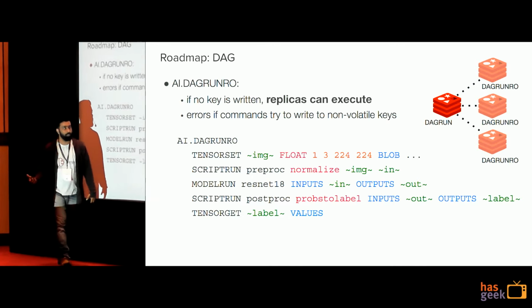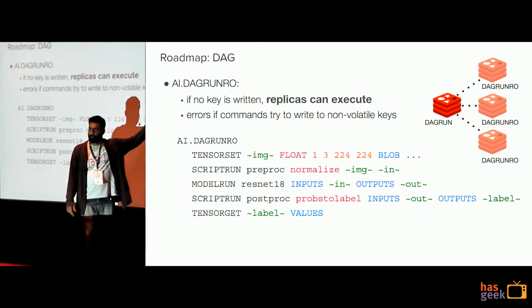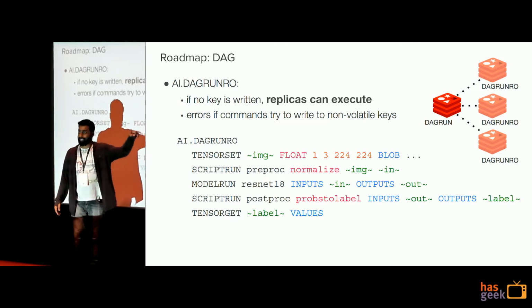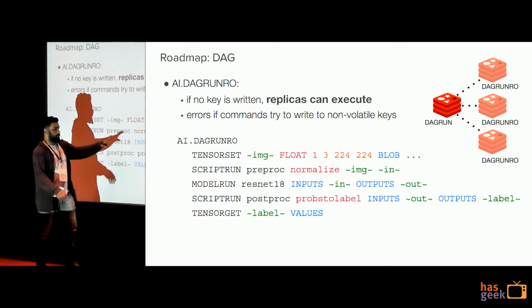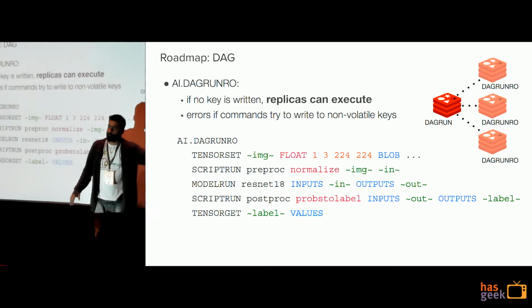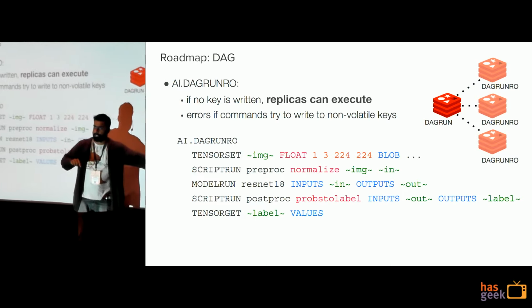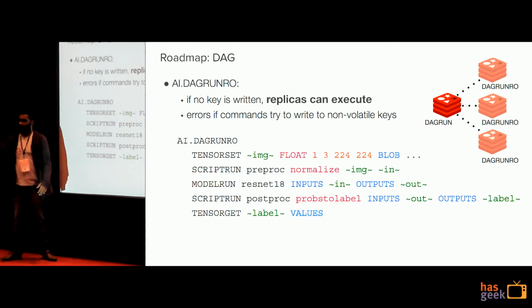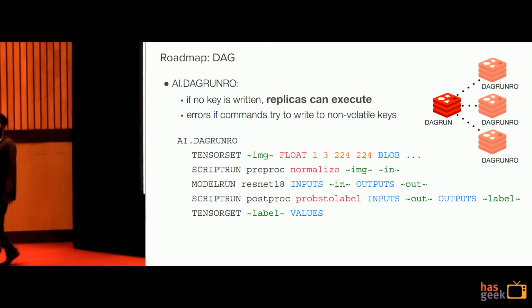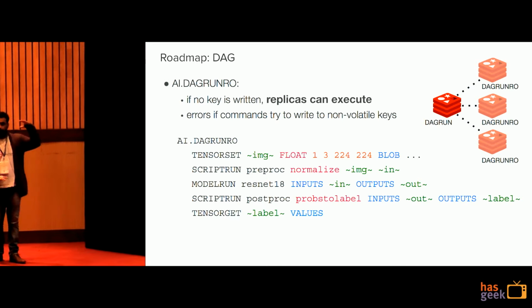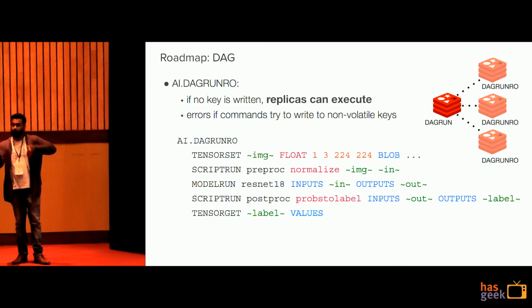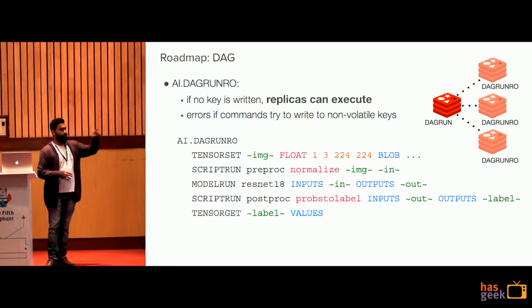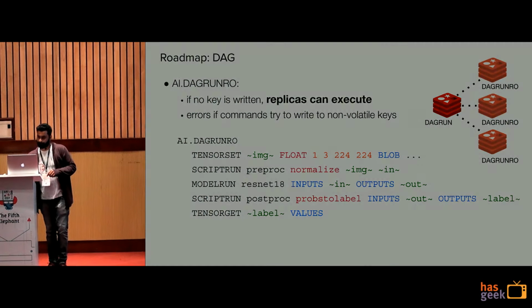RO is read-only. So you have like a master-slave replica. Since it is read-only, you can execute all these commands in your slave, right? So here I'm not writing it to a key. Instead, I'm again writing it to a volatile key. Then after that, I'm gonna do a tensor get on that volatile key. So I'm gonna get the data back on the last command, right? So all of this operation happens in a single DAG RO scope, and you get the data back after the scope. Since you're not writing anything to the Redis store, you can do this in your replicas.